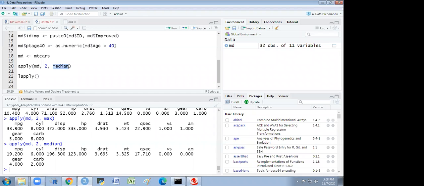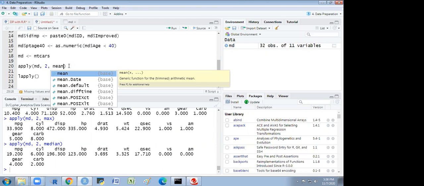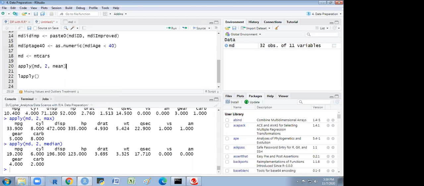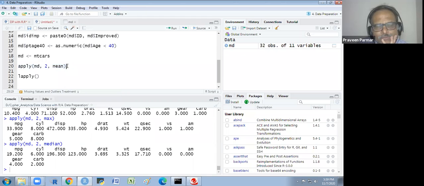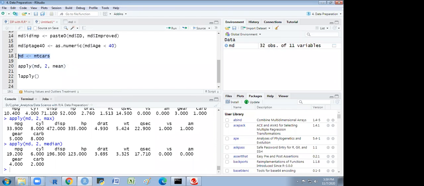In MD, there is non-numerical data also. For the same data set, yes sir, when I do the mean of MD, then I get this statement.